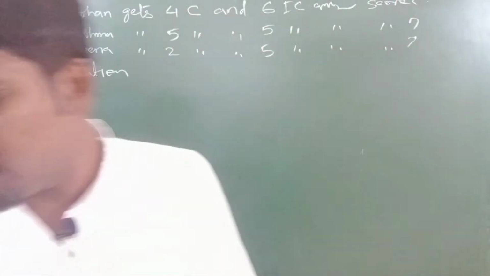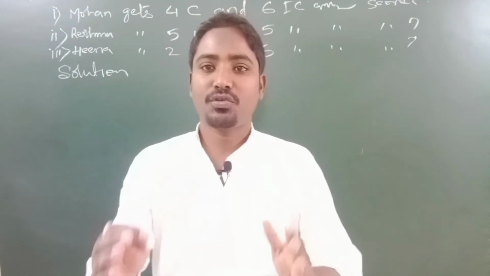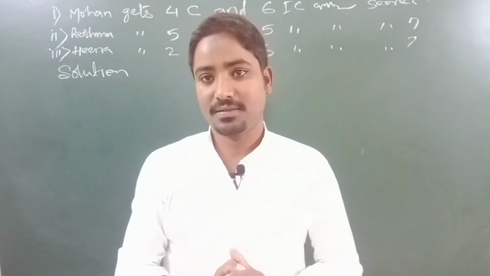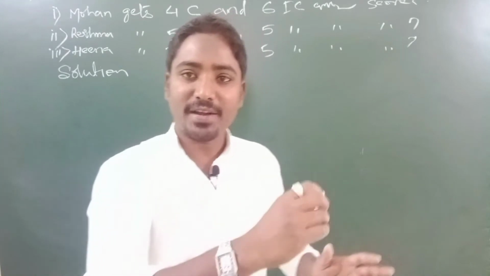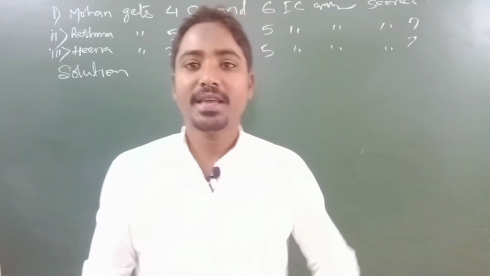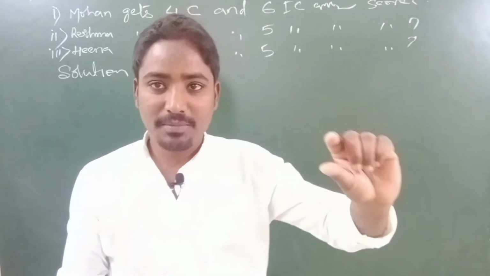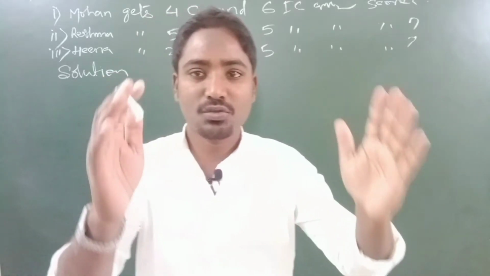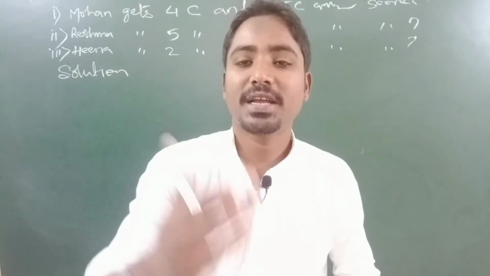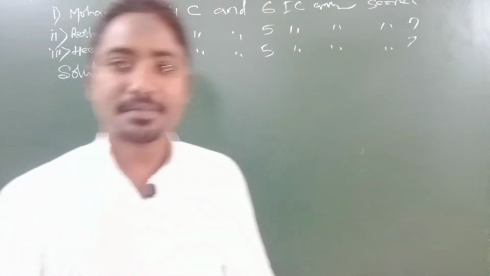So the question is very simple, students. First we will find out the total marks for giving correct answers and total marks for giving incorrect answers, and then we will find out the final marks of Mohan or any student. How? By subtracting. जो सही जवाब दे रहा है उसका कितना मार्क्स मिलता है, गलत जवाब दे रहा है उसका कितना मार्क्स मिलता है. अगर ये दोनों को हम सब्ट्रैक्ट कर देते हैं, if we subtract them then we will get the total score of any individual who is participating in the class test.